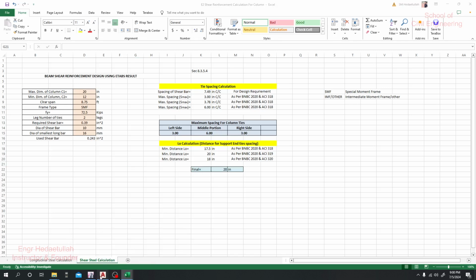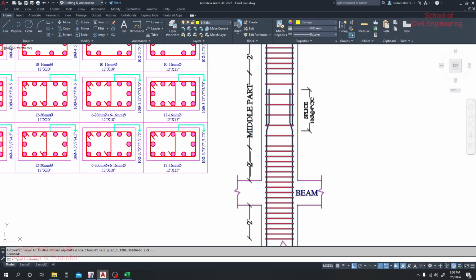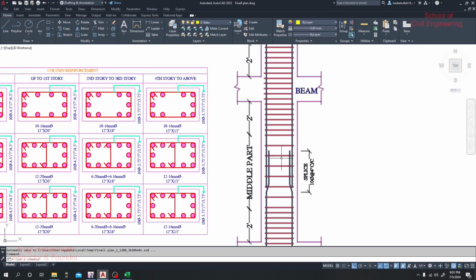That means till how much distance will we take that 3 inch spacing? Till 20 inch. So from that point to that point, we have to provide reinforcement at 3 inch spacing,